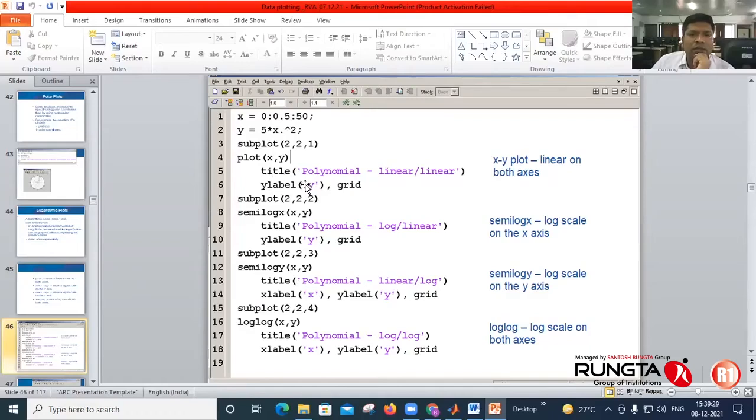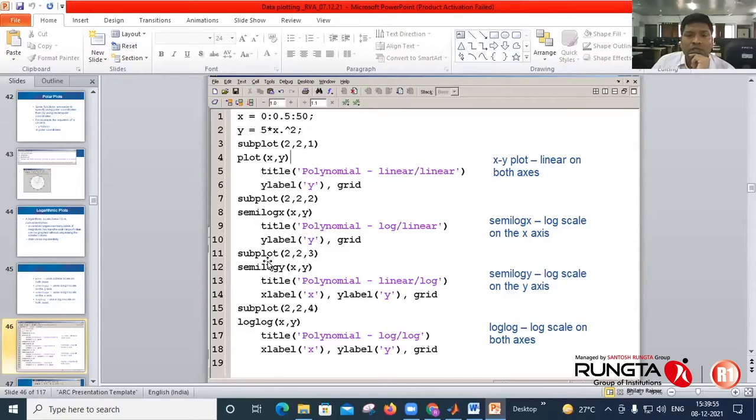Okay, you can label y, you can keep grid on. Then subplot 2, 2, 2, second position. Okay, you are plotting semilog x. Semilog x means on x-axis there is a log scale. Okay, then you can again do title and labels to it.